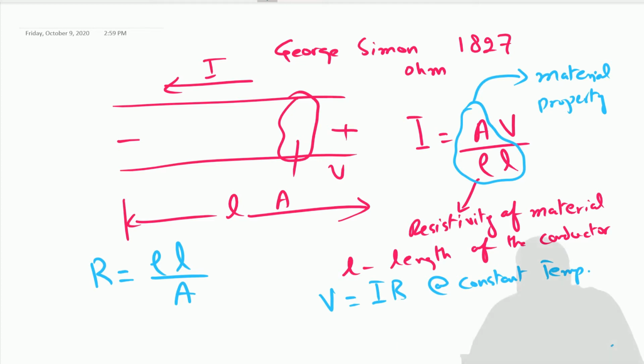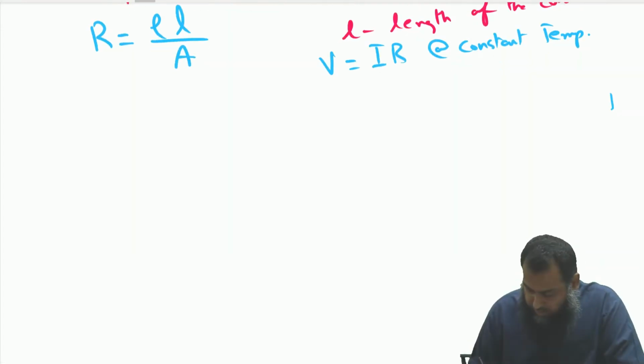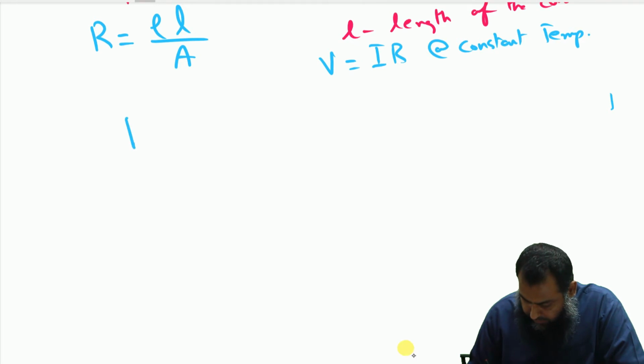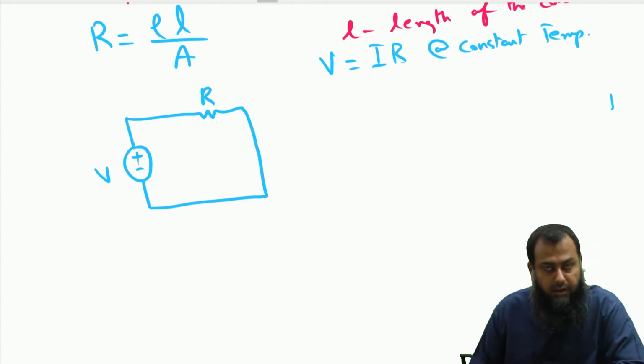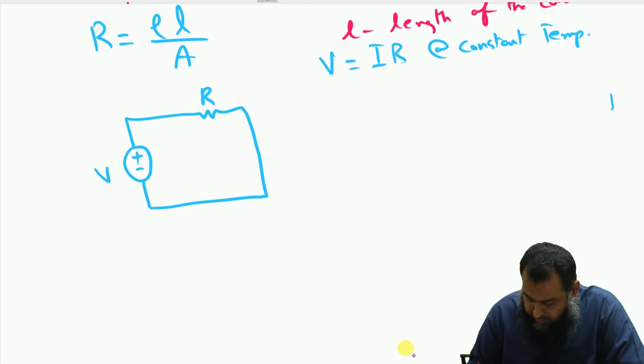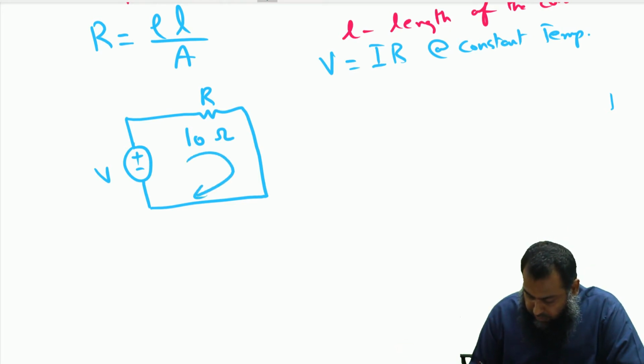So if I say that I have some voltage applied here, and I have a resistance R here, and we say this R is 10 ohm. So this ohm, named after the scientist, is the symbol of the resistance, and we say that we want to find out the current which is flowing in this particular circuit, that is I is equal to V over